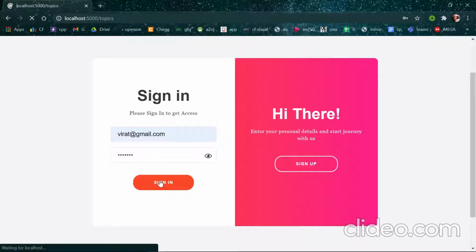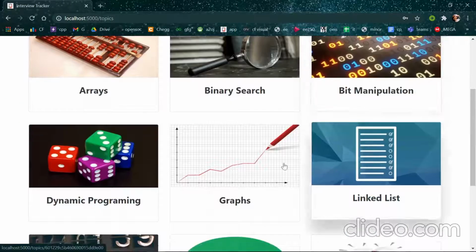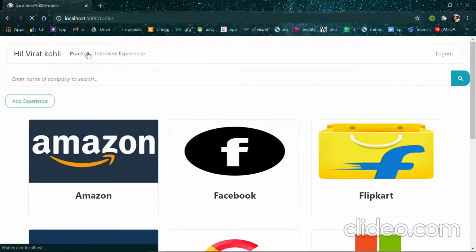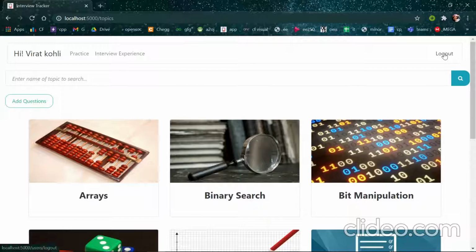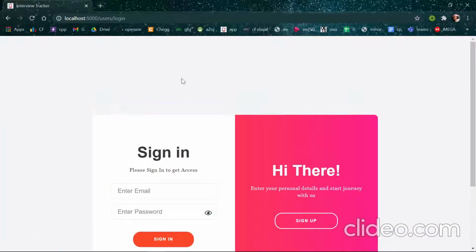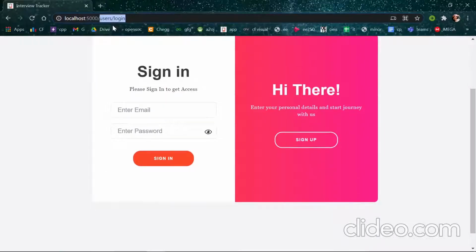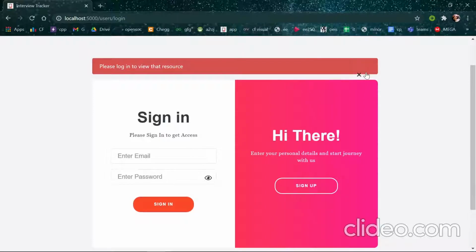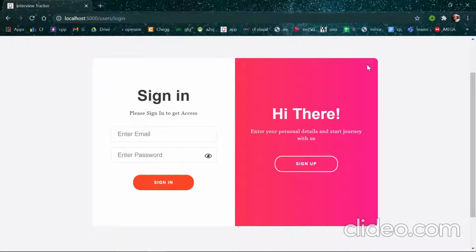Now if we click on sign in, yeah, we are signed in and we can see our main website and we can access all of those resources. And one more thing, all of these routes are password protected. That means authentication is required. What does that mean? Suppose I log out and, without signing in, I try to access any of these routes, okay, suppose this one, then it will say please log in to view that resource. Here, using the Passport library, we have ensured the authentication of those routes. What does that mean? After signing in, a session is created and a cookie is established in our browser and the session is initialized.